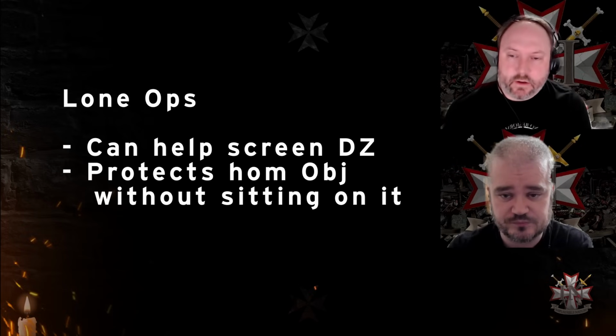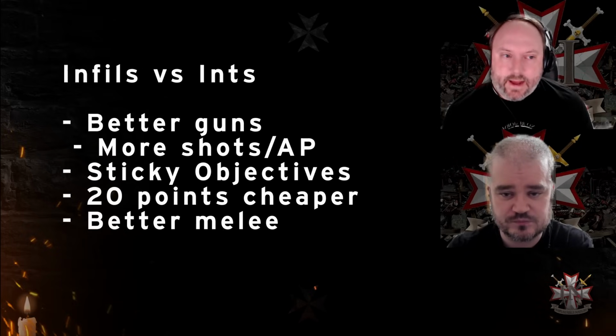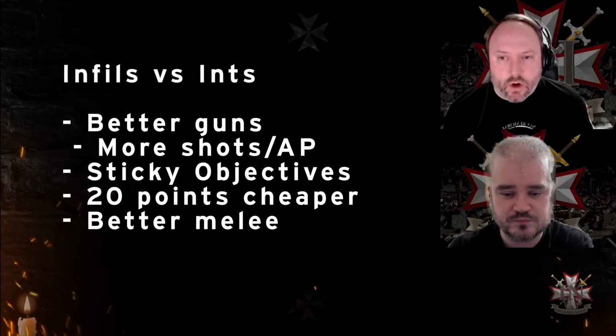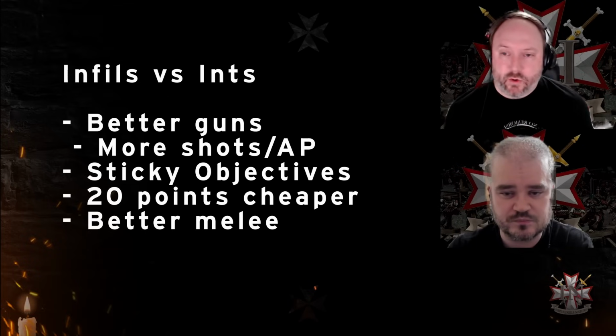Yeah, that's a great shout. And to go along with that, something that I've heard people ask: are we still running infiltrators? And I mean, yeah, you can, but honestly, these guys have replaced infiltrators in my list, and the reason is I think they do the job better. A lot of times we were using infiltrators in our side of the board, in our backfield, to protect from that deep strike. So rarely, unless your opponent just doesn't have any deep strike,